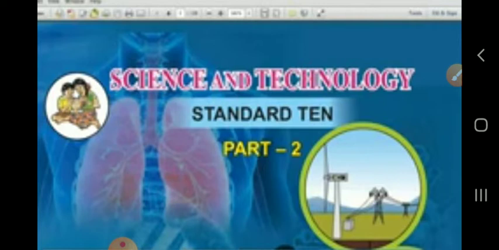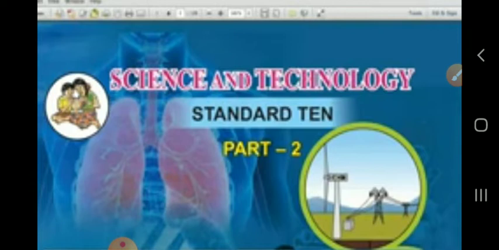Second is transcription. Third, translation. Fourth, translocation. Fifth, mutation. Sixth, types of RNA. So, these are all the topics I will explain in today's lecture. Before that,